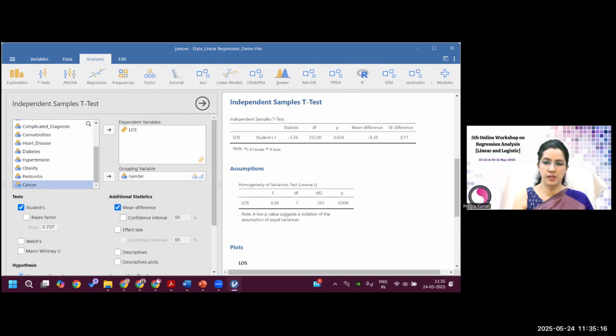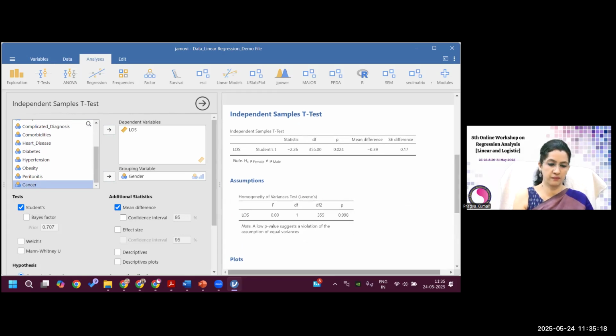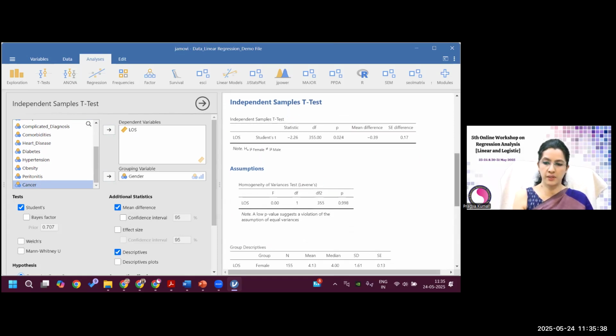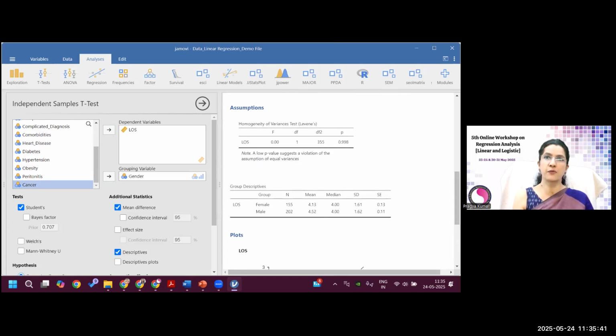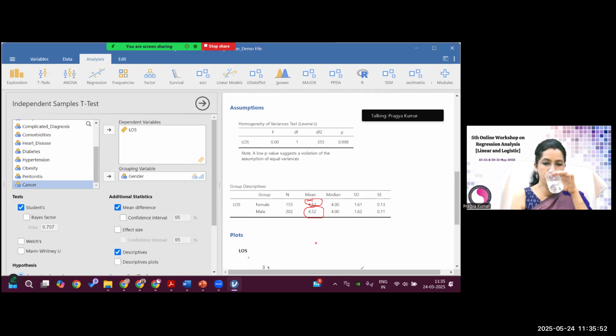For length of stay, again, the difference was significant. P is significant, and the length of stay is 0.39 less. For that, you need to see the descriptives. If I click on descriptive, you see in female it is 4.13, and in male it is 4.52. So which has got a larger stay? Female has got a